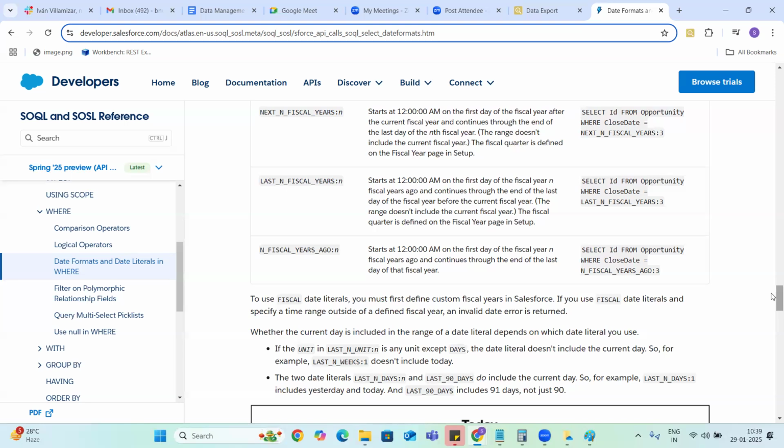But if I give last N fiscal years 3, it will give me the information from 2022 to 2025. That is the difference between last and ago, guys.